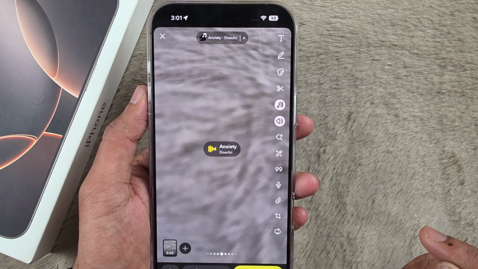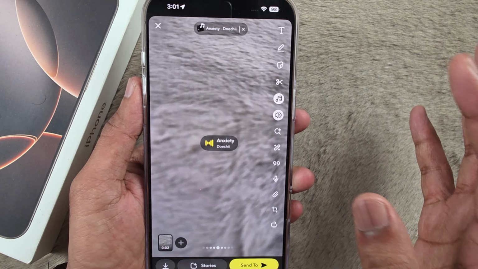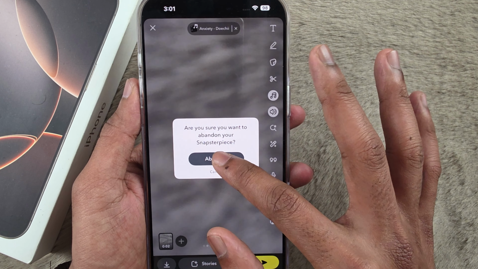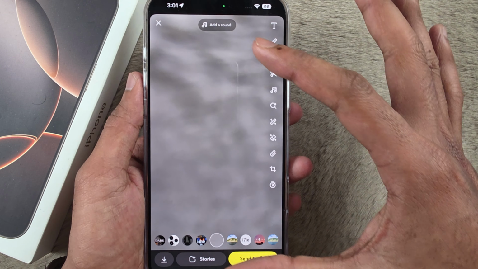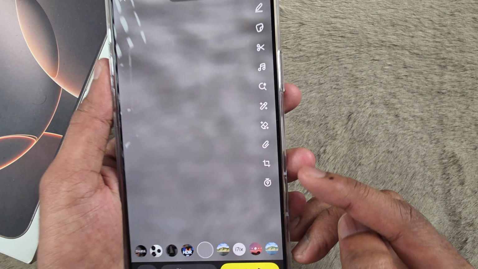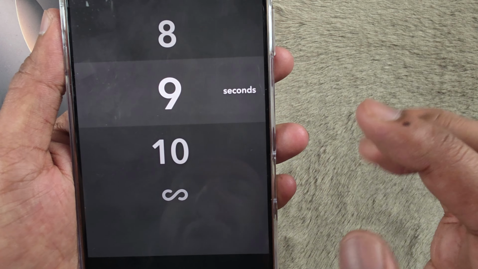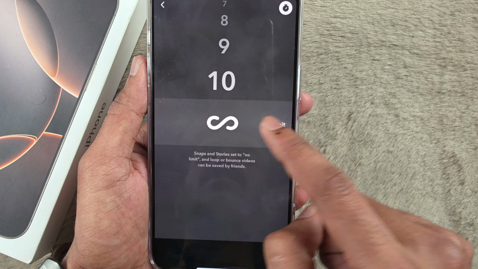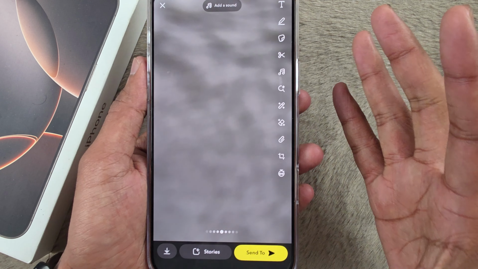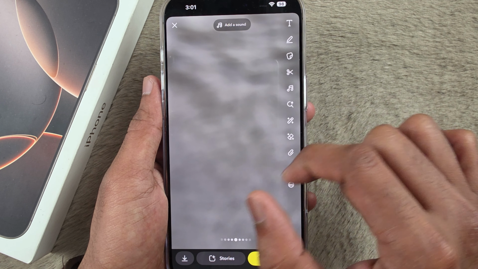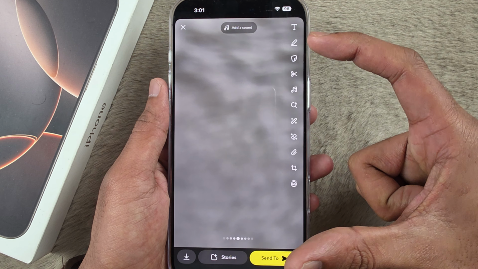So there's another option. This is actually for the photos: you can just tap on photo and capture a photo, a snap. So if you set it as no limit, if you send it as no limit, then the receiver can easily save your photos, your snap, to